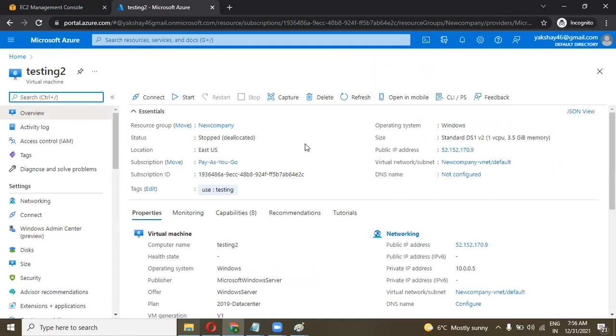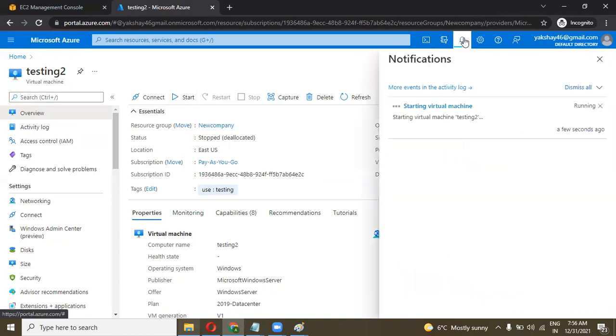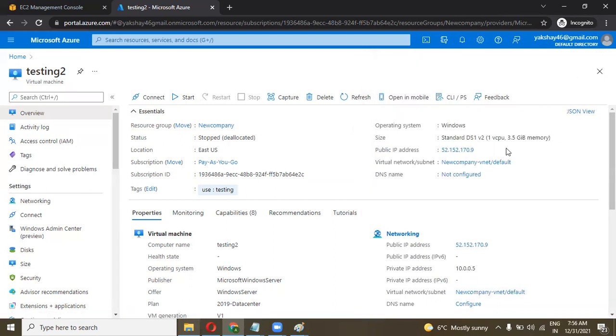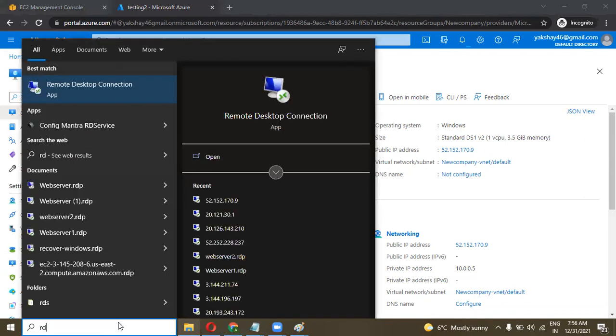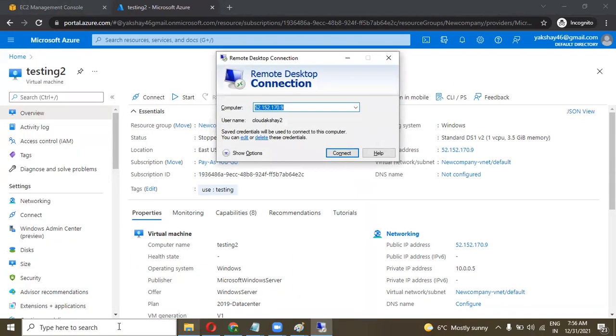Yeah, I selected that I want to reserve my IP, so I kept it while stopping the machine. So let's start this machine and cross check whether our data is here or not. So click on start simply. Once the machine is started, copy this IP and RDP here.